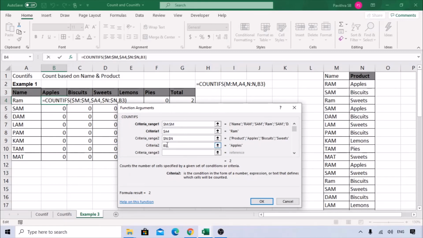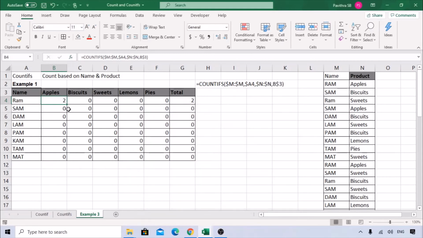So I'm going to freeze row number 3. I'm adding a dollar sign prior to 3. Now click OK, copy this formula to the right, then down.